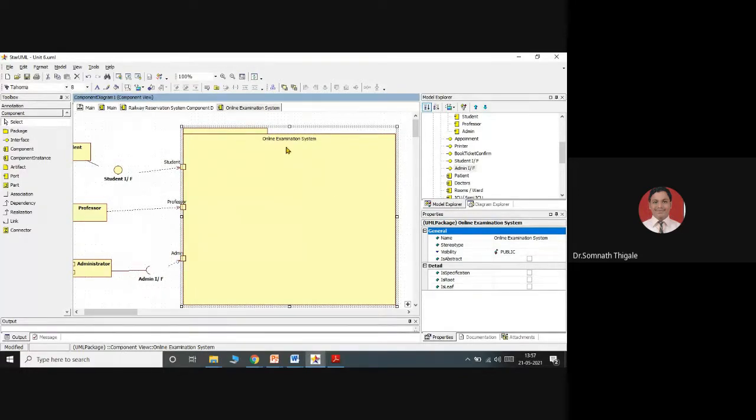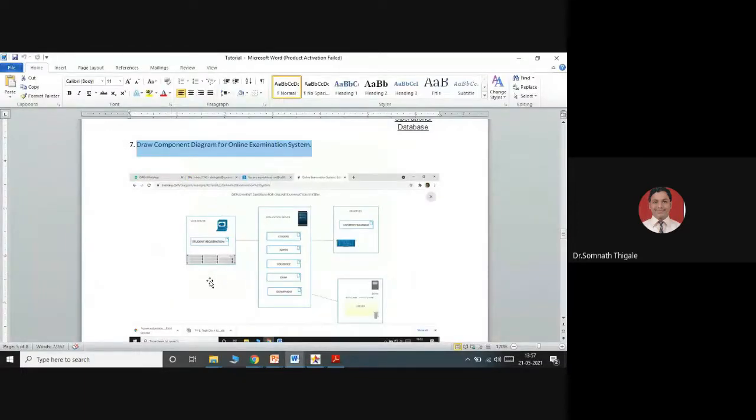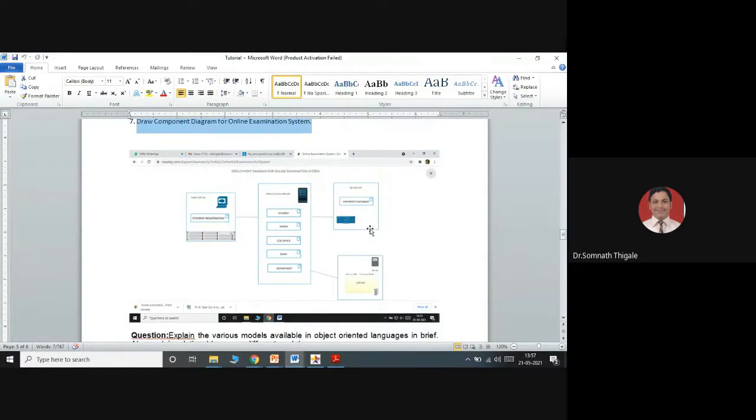Admin will only be able to start off the online examination system. That will be completely done by the administrators. So the entire scheduling part will be done by the administrator only. So I'm considering them as a dependency, or what we can call an interface. So what else will the scenario include regarding the online examination system? First is the student registration, then student, admin office, exam, departments, and university database will be considered over here.